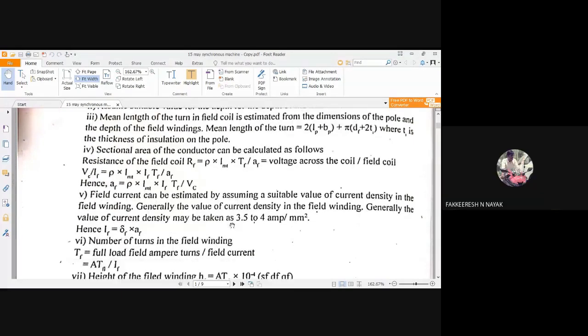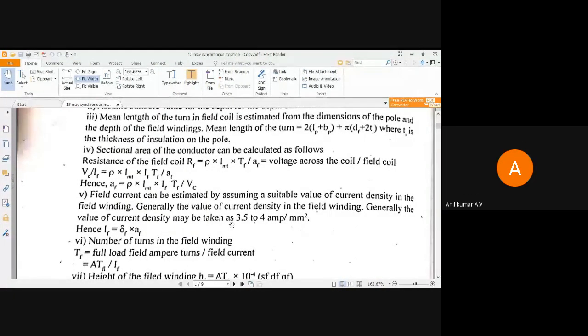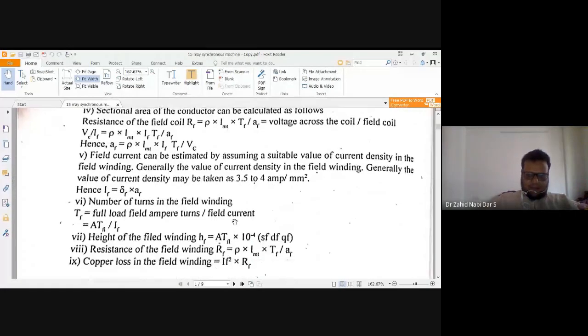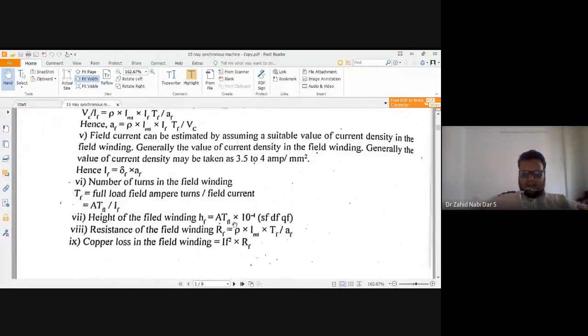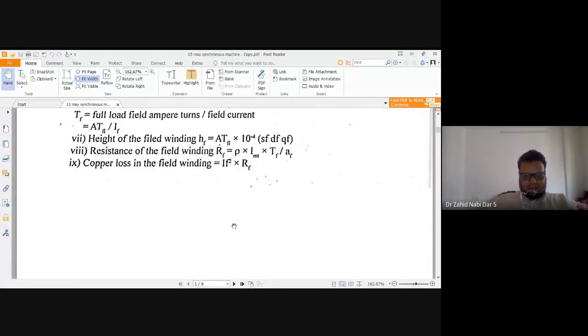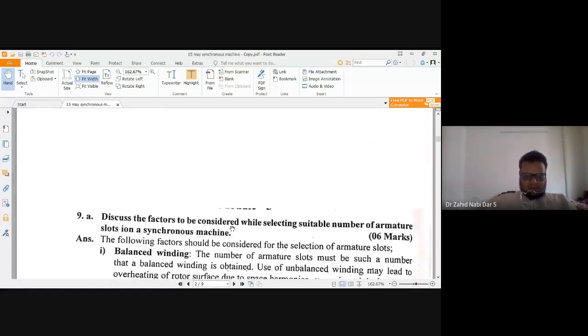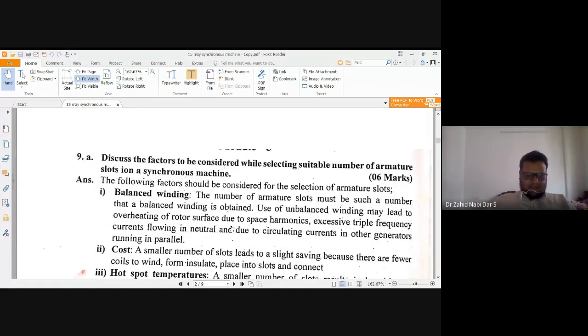Sir, please share it. Yes, I will share the scanner, no problem. Wherever the mistakes are there in the scanner, I will write that mistake and give it to you. Thank you, sir. I understand, student. I am from a VTU background only. Everybody uses this, so there is no hiding, no shame in that.